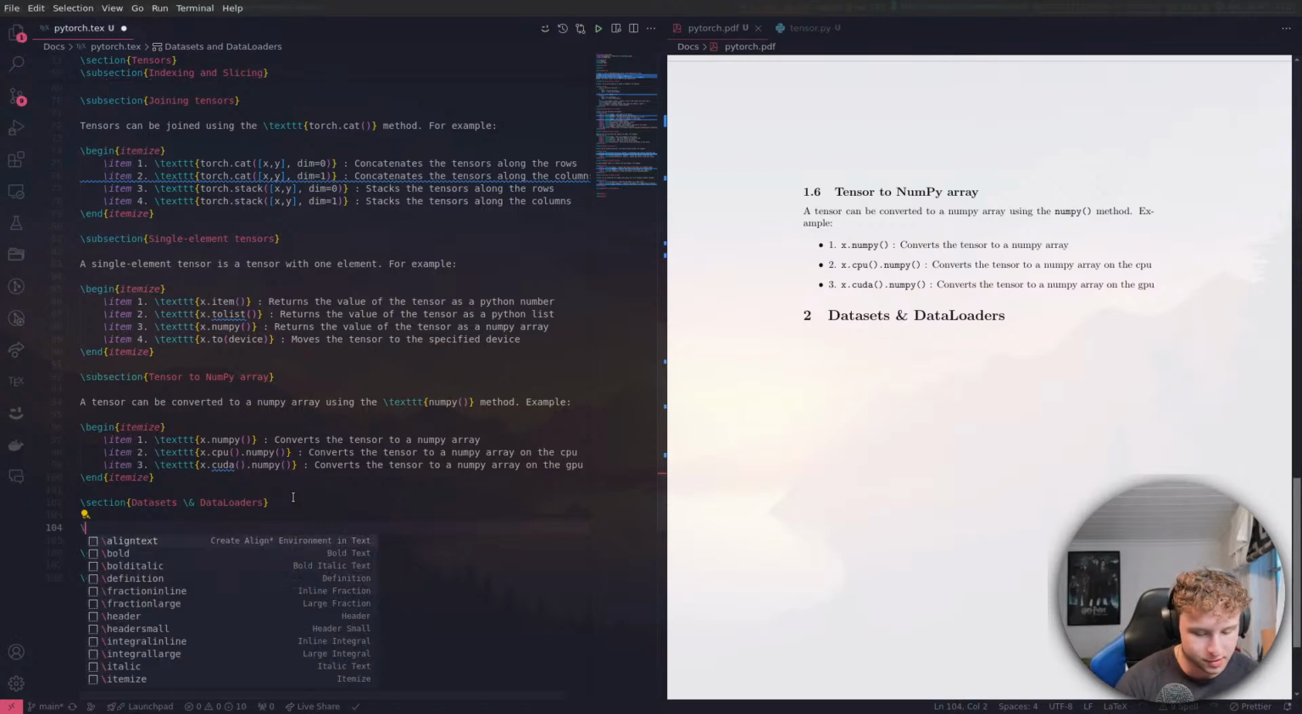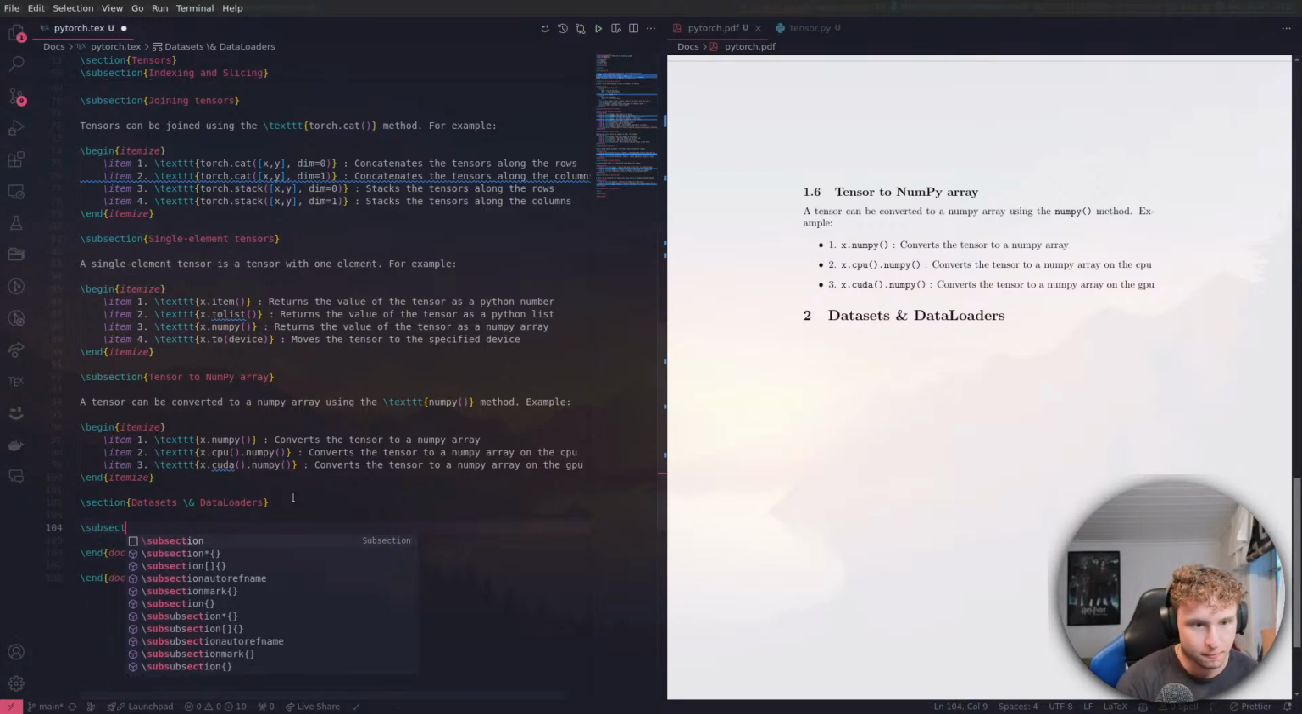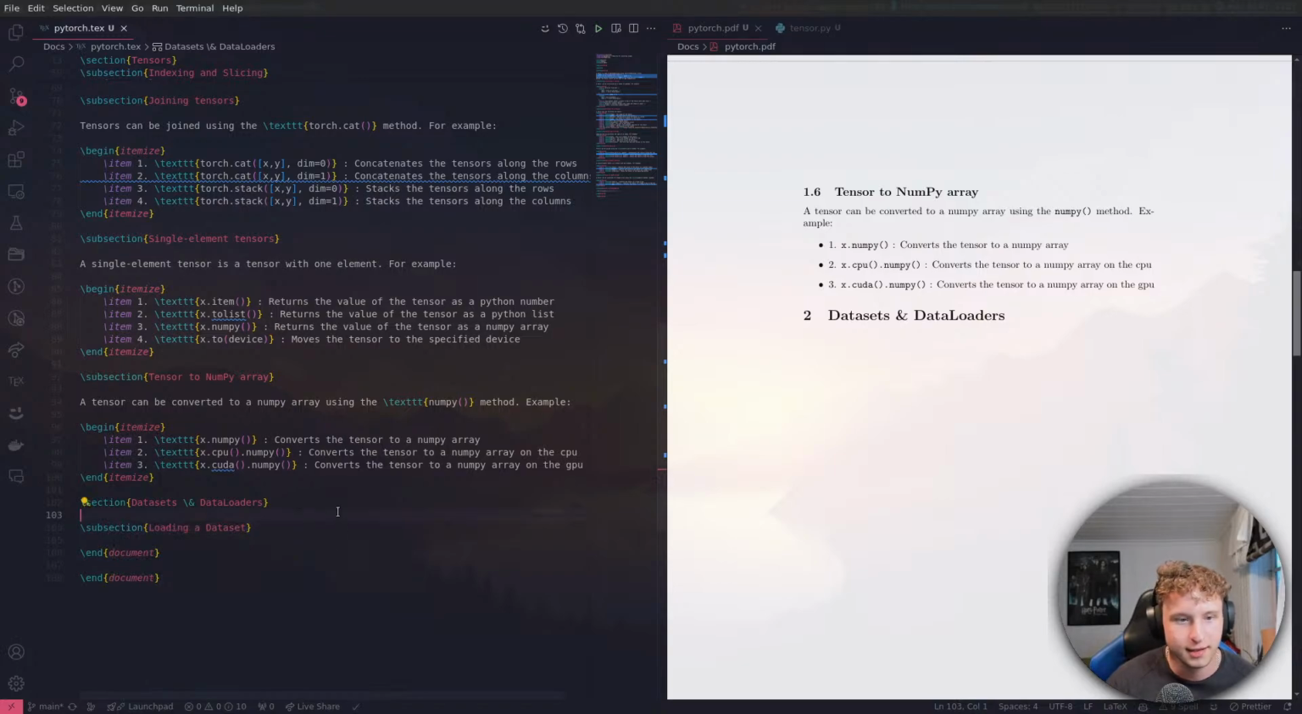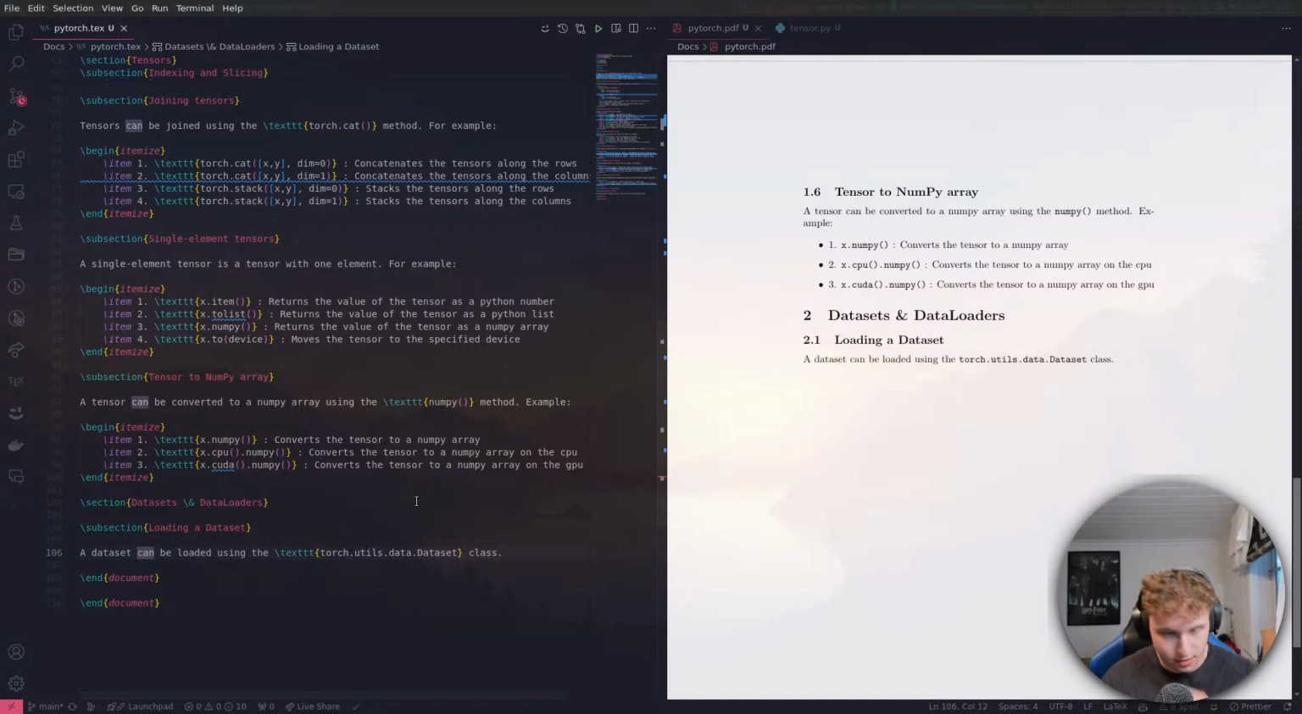Okay, so let's create a subsection here. Loading a dataset. A dataset can be loaded using the torch.utils.data.Dataset class. For example, here,